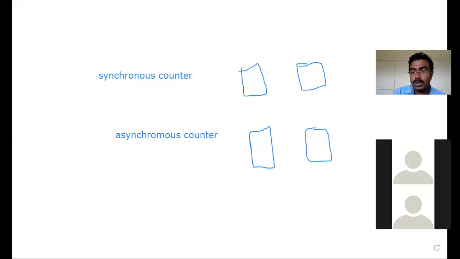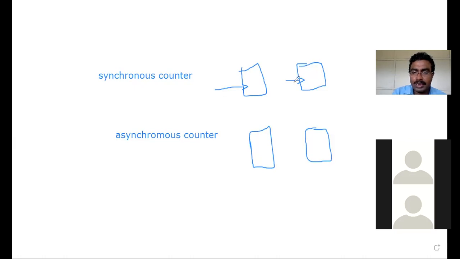Let me tell you how the synchronous counter is going to be triggered with the help of clock pulses. Look at here. I am taking a clock here. However, each flip-flop will have its own inputs. If it is a JK flip-flop, you will have J and K. If it is a D flip-flop, you will have D as input. If it is a T flip-flop, you will have T input. But the clock pulse is mandatory for each and every flip-flop to trigger to change its state or output, students.